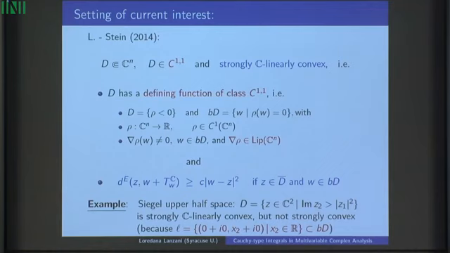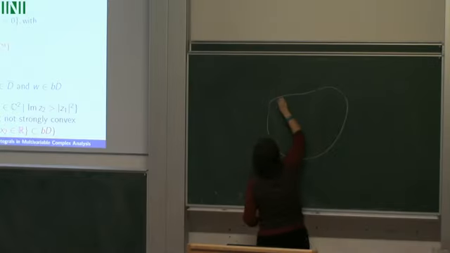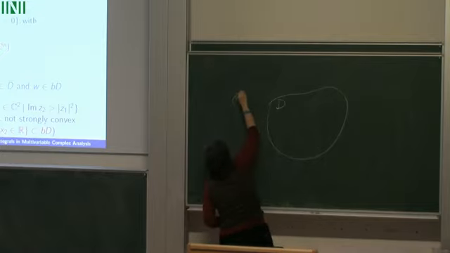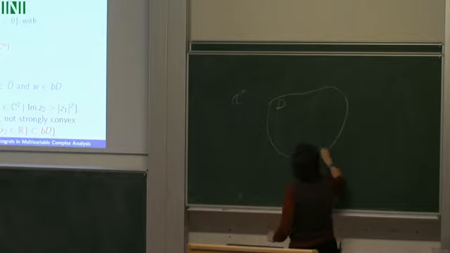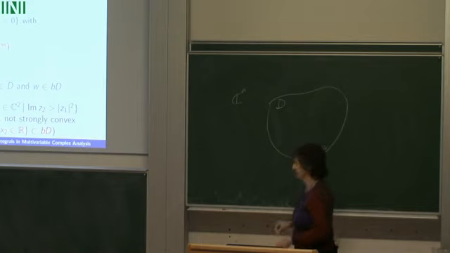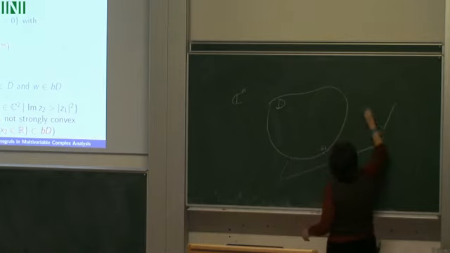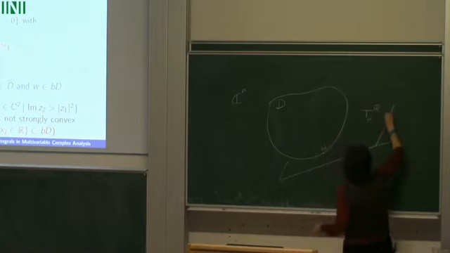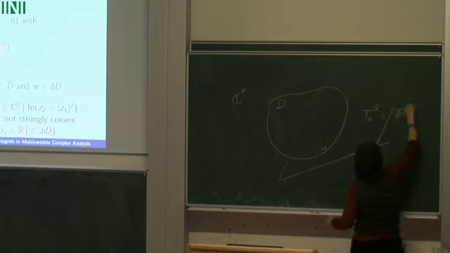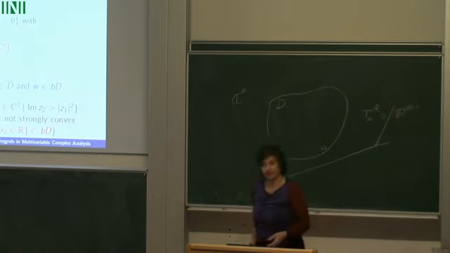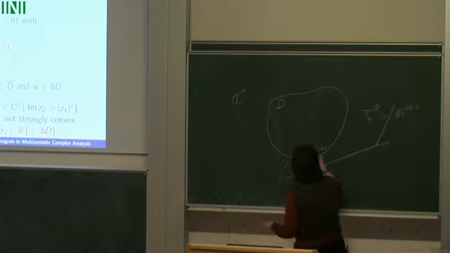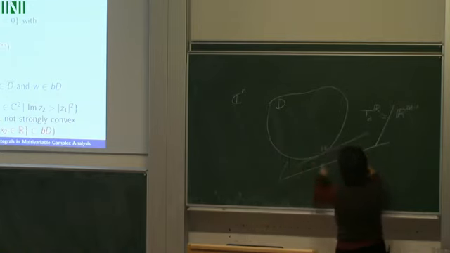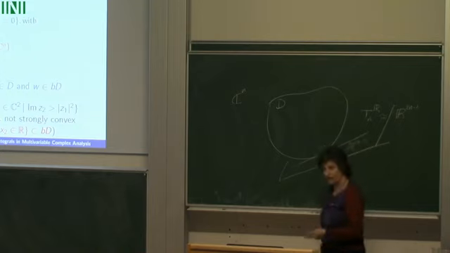So what is strong linear convexity? This is our domain. We are now in 2 or more complex variables. This is a point on the boundary of the domain, the topological boundary of the domain. And so you have a tangent space at that point. And the tangent space can be thought of as a 2n minus one-dimensional vector space. And so inside that tangent space, you have a maximal subspace which has 2n minus 2 real dimensions and has